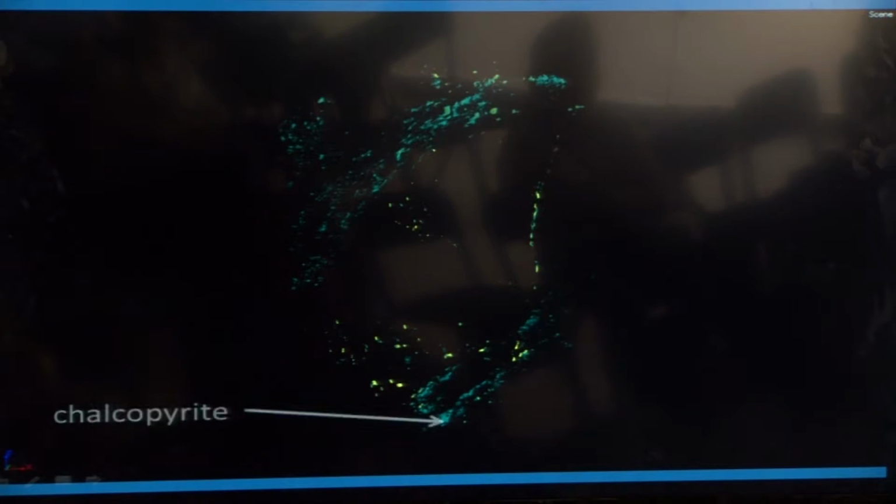Get rid of that altered volcanics, and we can start to see denser phases in there, which we've segmented and coloured blue for chalcopyrite, and also some much higher density phases, which include gold. And if we look at this now,